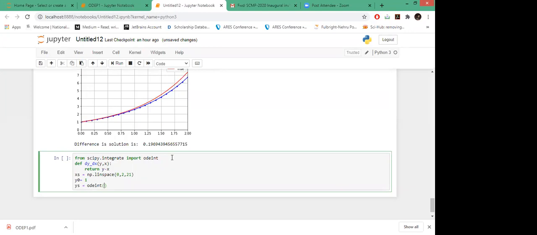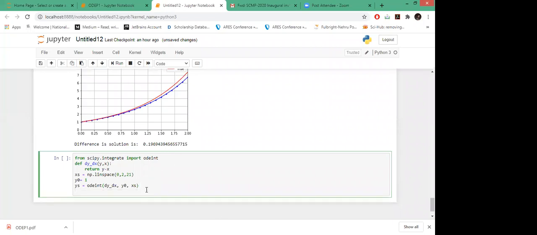So this is my initial condition I am passing, and the points on which I want my solution to be computed. This is ys.